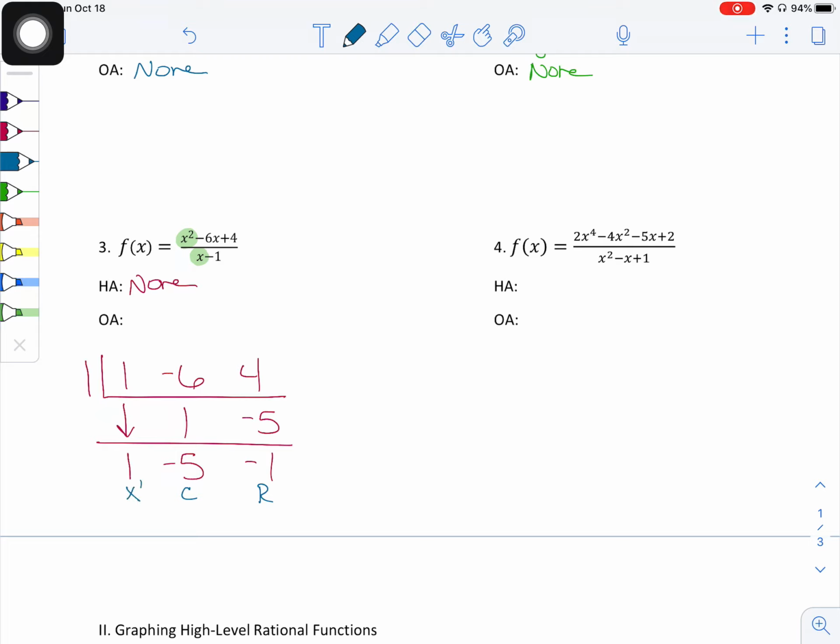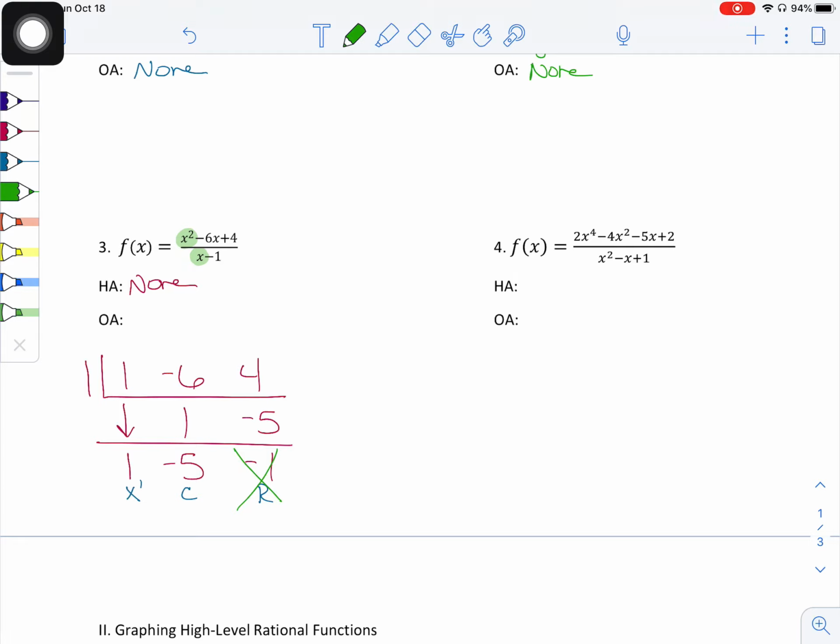Now here's the fun part about other asymptotes, whether they're oblique, parabolic, or any of them. Your remainder doesn't matter. All right, it absolutely does not matter in the slightest. What matters is the rest of the problem, the constants and the coefficients of x. So for this problem, the way you're going to tell me the oblique asymptote, or the other asymptote in a different situation,